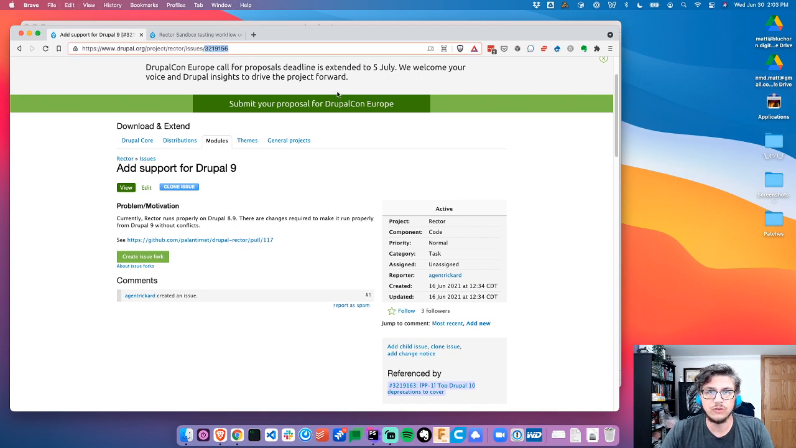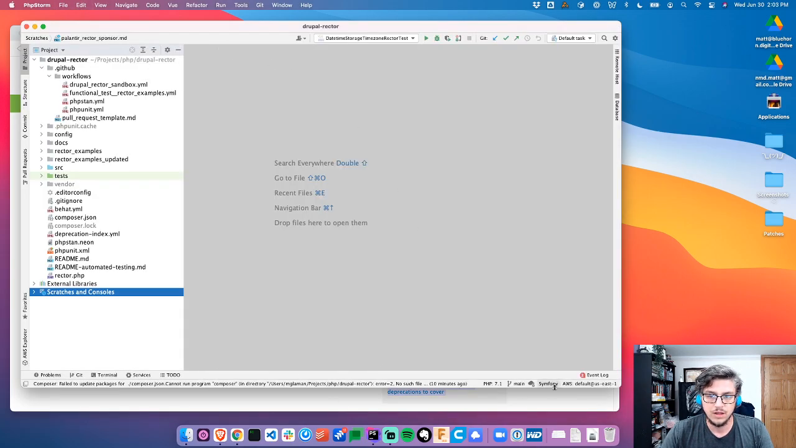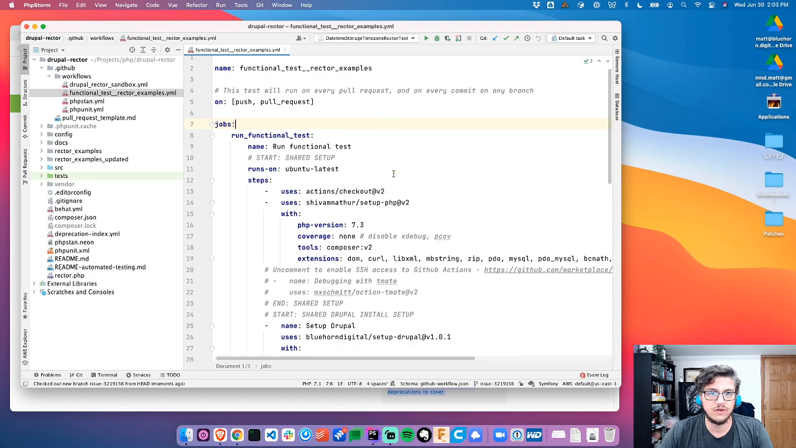Again, the code is managed on GitHub, but the issues are on Drupal.org. So I like to copy the issue node ID, or just the issue ID, and then make a new branch called issue number. And the first step is going to be taking this functional